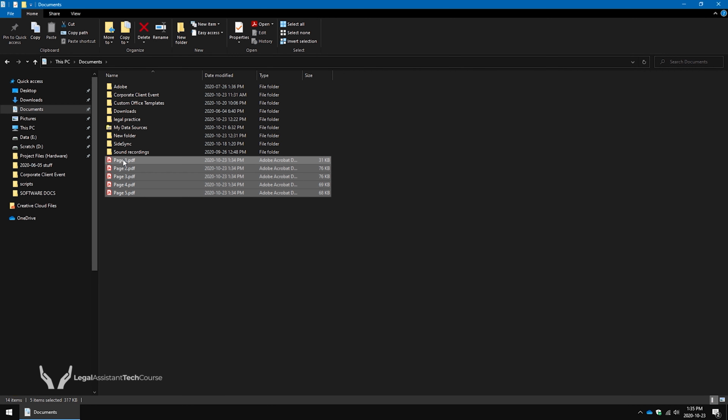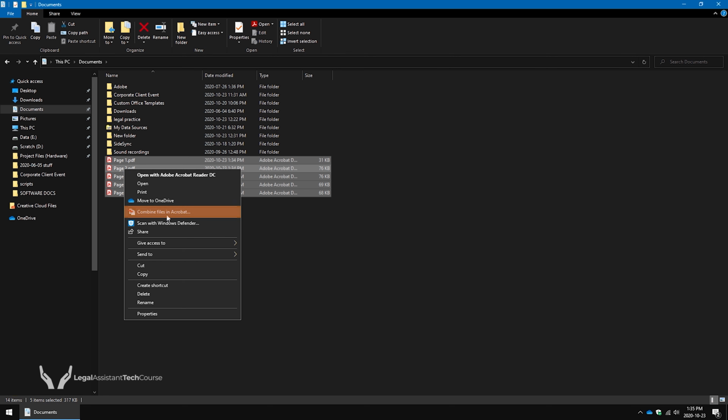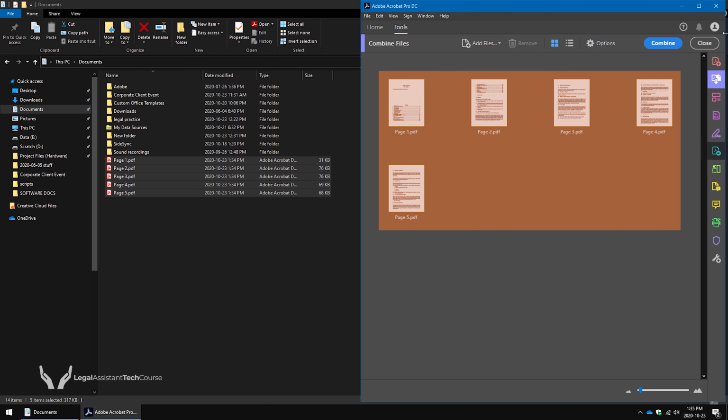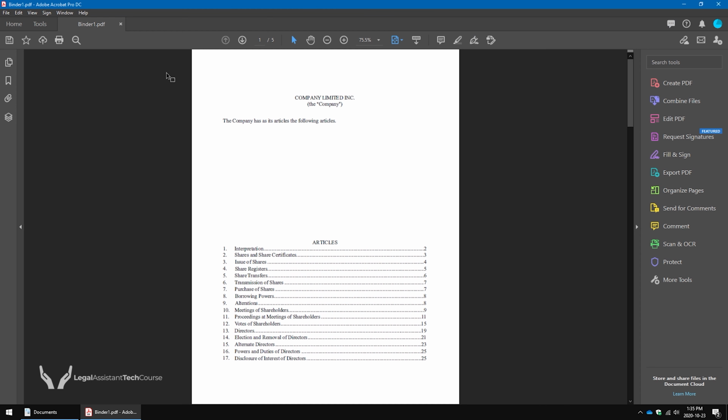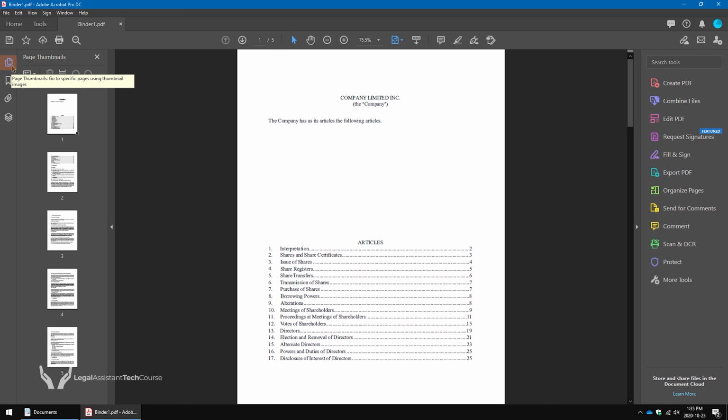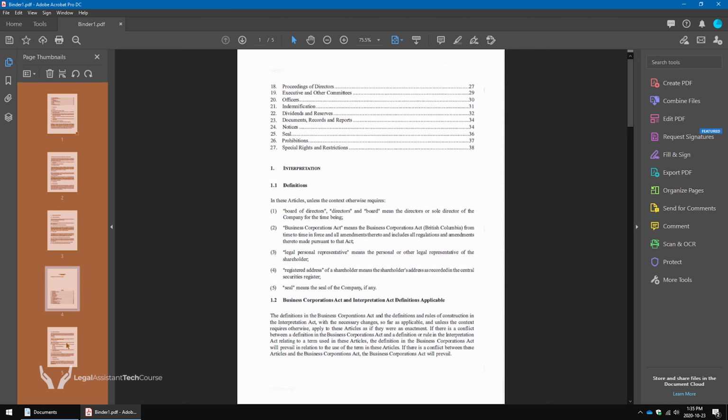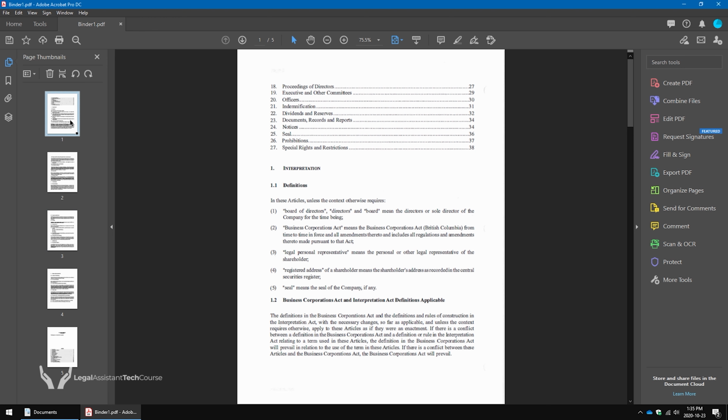One final Acrobat feature that's very useful is the ability to combine documents and add and remove pages. After selecting 2 or more files in the File Navigator, I click Combine Files in Acrobat. Acrobat then opens and allows me to choose the order in which the files will appear in the newly created document. If I want to change the order of the pages, I click on the Pages icon and then click and drag to reorder the pages. This can come in handy if you've scanned a document made of many pages which aren't organized